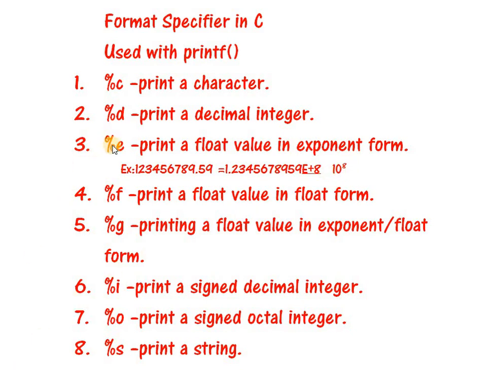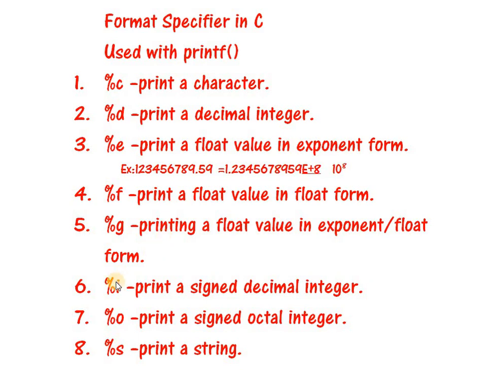In the scanf function, %e is used to read a float only. Here also %e is used for float only, in exponential form. %f is used for float only, decimal numbers only, and %g is used for both, whether to display exponential form or float form, depending upon how the number was initially assigned. %e is specifically for exponential form, %f is for float values, and %g depends on the choice of exponential or float.